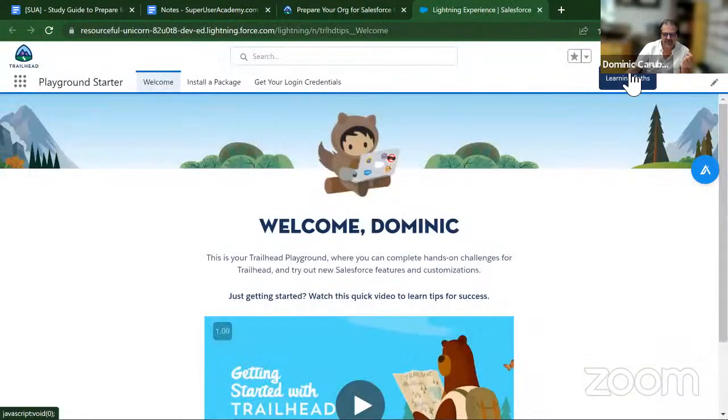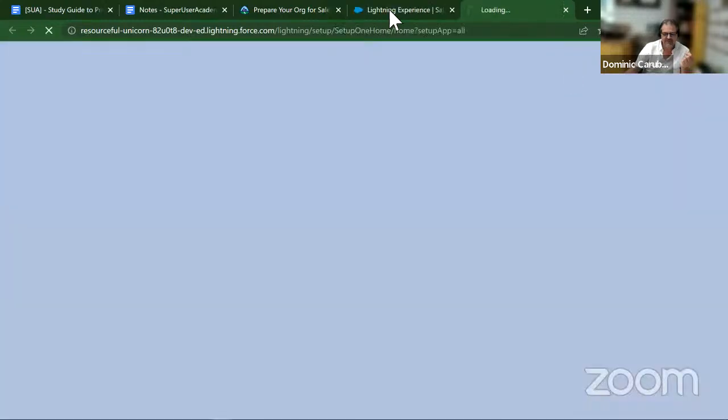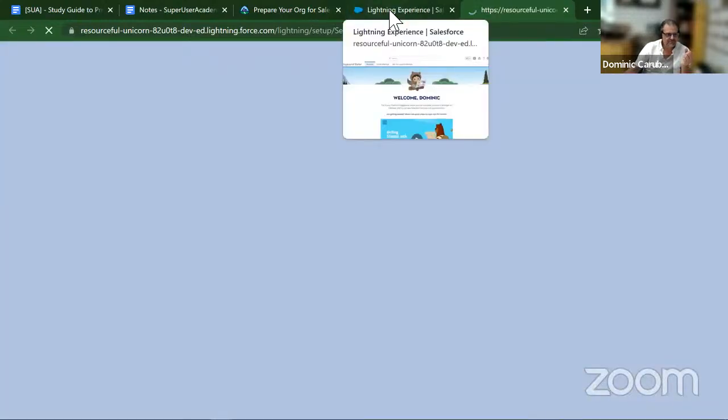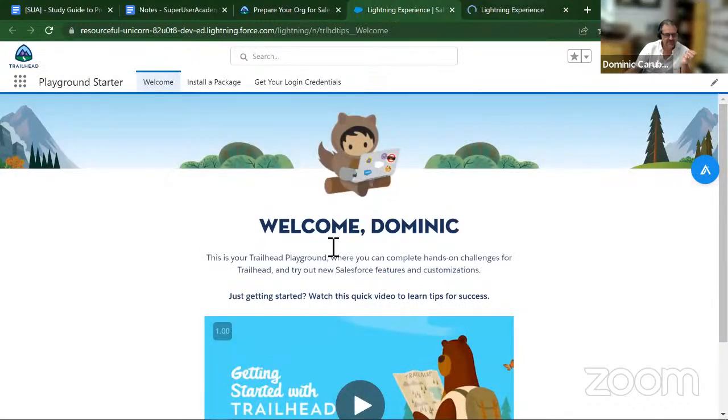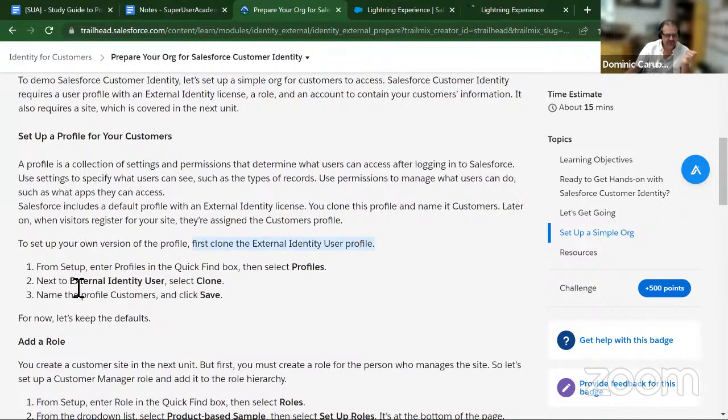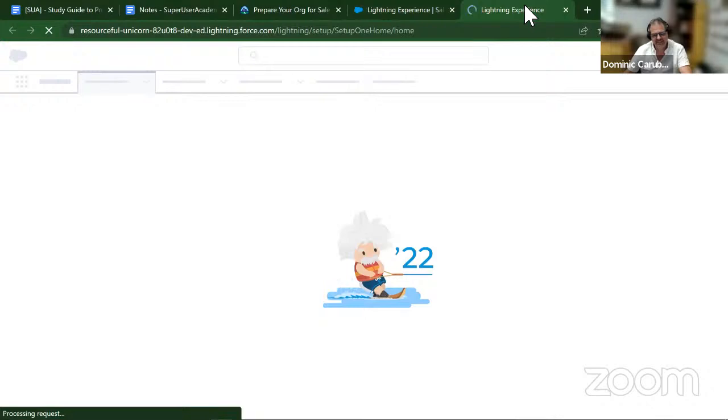It opened up for me, thank goodness. So external identity user, clone, and we're going to name the profile customer. So let me copy that one. On my setup menu,